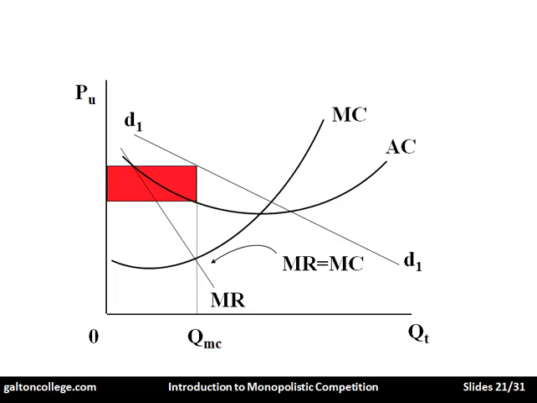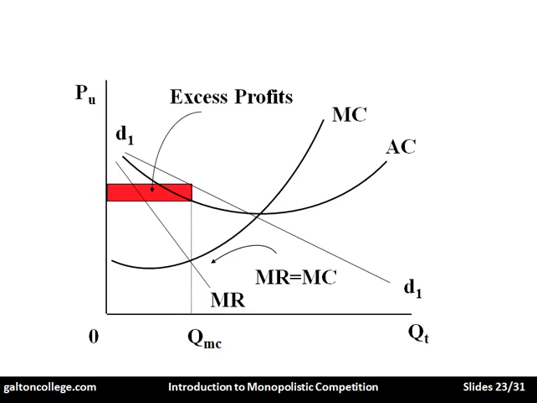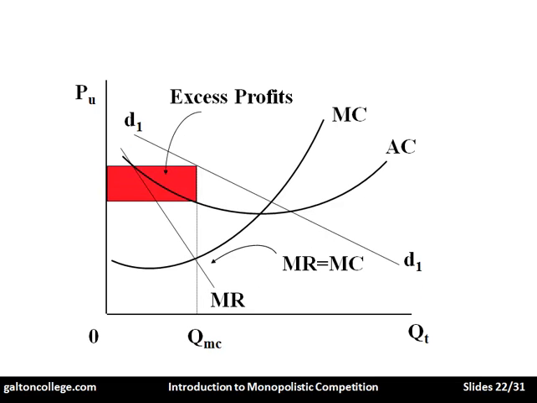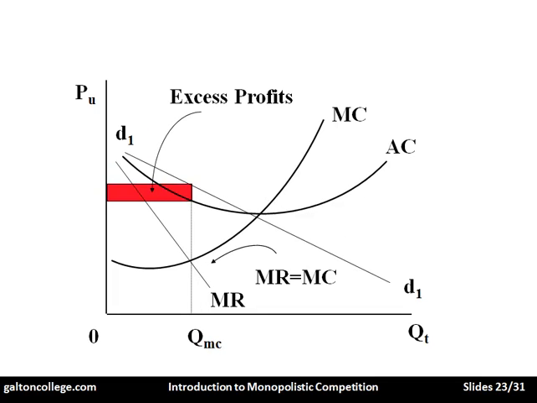And you can see in this case that the company is making what we call abnormal profits. They're making large profits. So the company has differentiated its product, and now it's making significant profits. The red area indicates the profits. These are called excess profits. Now this leads to the demand curve shifting downwards, because more companies enter the market.